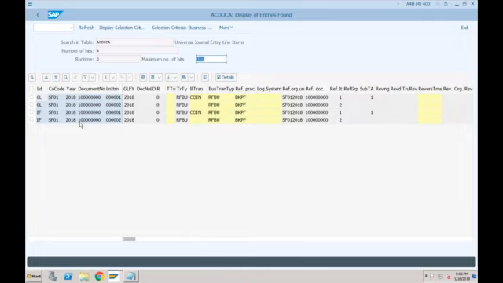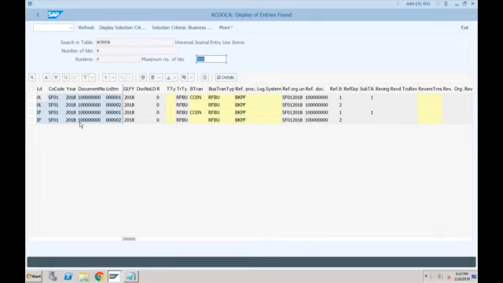Even in ECC, if you activated new GL accounting, you can get IFRS reporting from FAGLFLEXA. But BSEG, whether you are using SAP ECC or S/4HANA, will only hold leading ledger data. It will not hold any other data apart from the leading ledger.